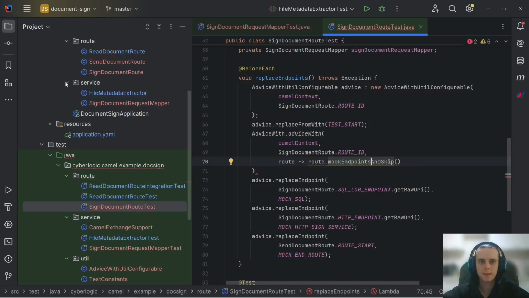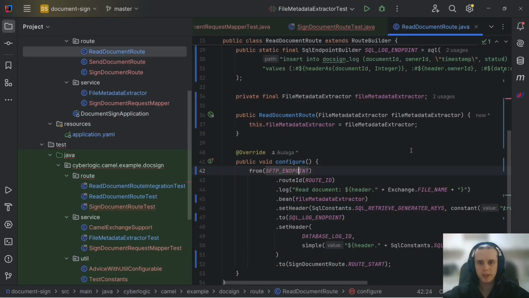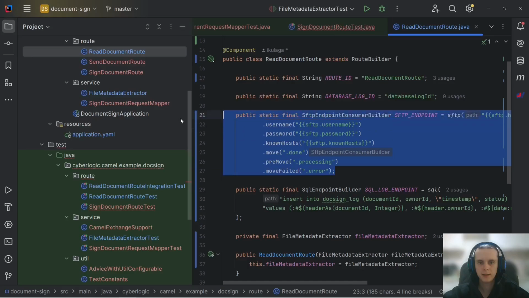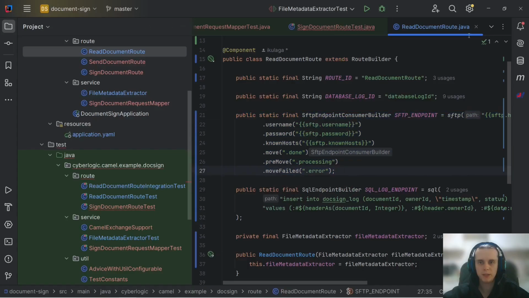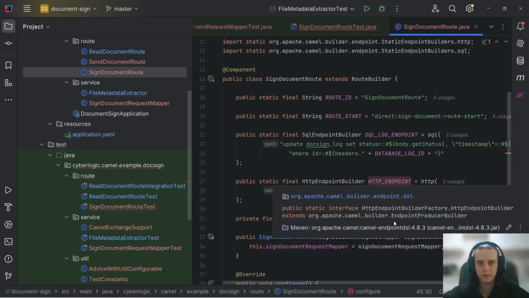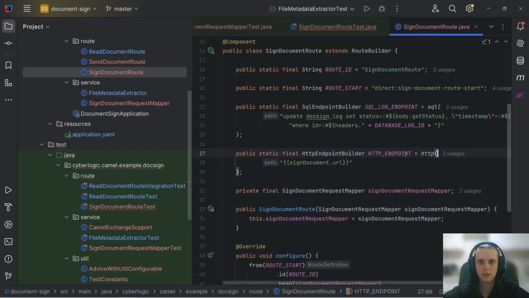Meaning that, for example, our SFTP endpoint will be replaced with mock SFTP, SFTP host, SFTP port / SFTP directory name, and all these parameters will be cut off. Then our HTTP endpoint will be replaced with mock HTTP colon and then this URL,